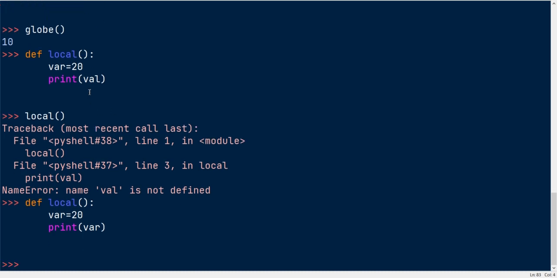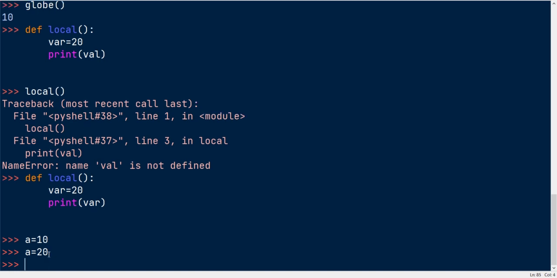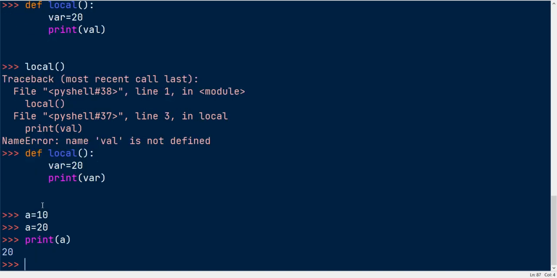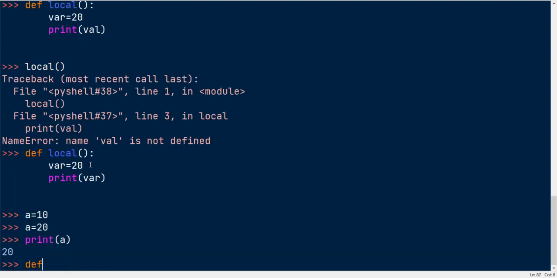The point is variables are case sensitive and each has a unique name. If you have specified a equal to 10 and then update a equal to 20, the 10 will be erased from a. Print of a will give you 20, not 10. So variables are case sensitive.